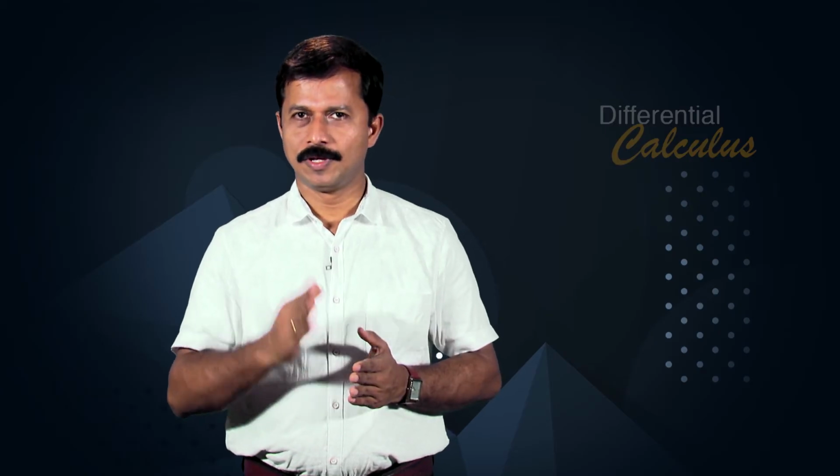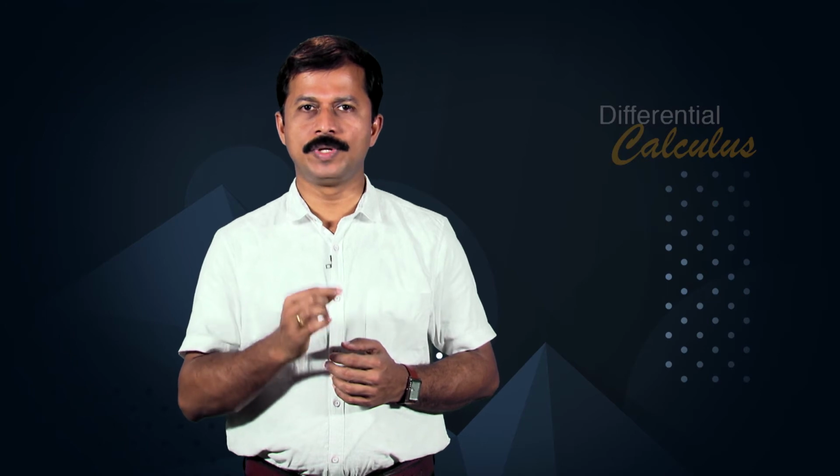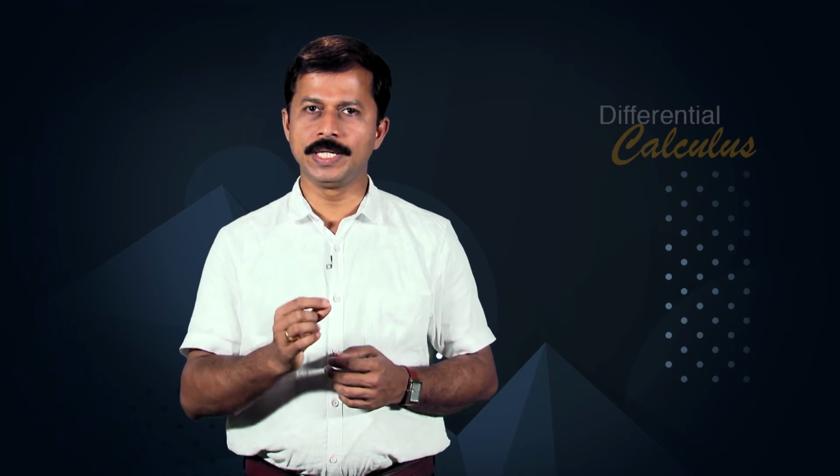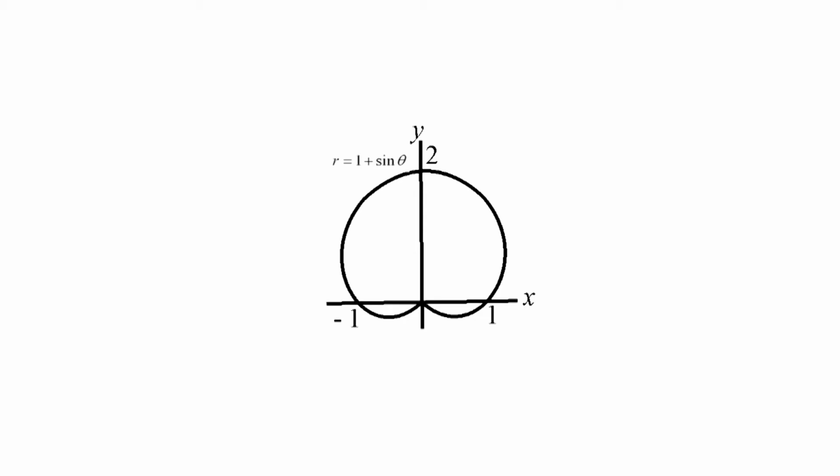As another example, we sketch the curve r = 1 + sin theta. We note that r = 1 + sin(-theta) = 1 - sin theta, which is different from -r, which implies the graph is not symmetric about the x axis. Since 1 + sin(pi - theta) = 1 + sin theta = r, it follows that the graph is symmetric about the line theta = pi/2, that is, about the y axis. The graph of the curve is shown in the figure.